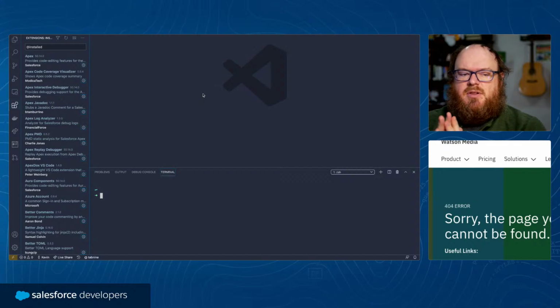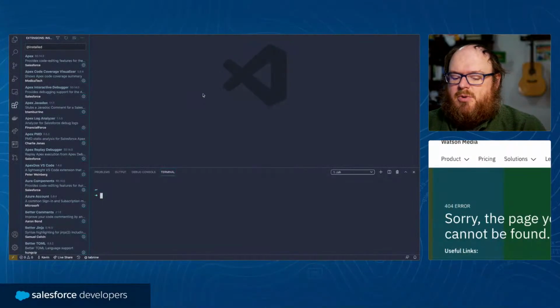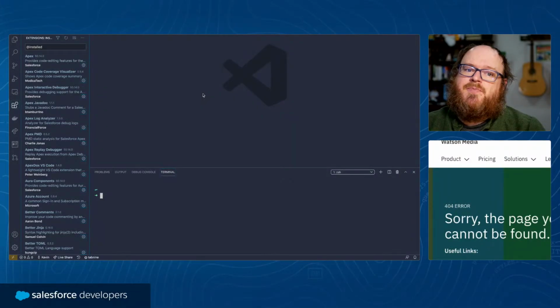And today we're going to do something a little bit different than we normally do. We normally work on some Apex or LWC code. Today we're going to be working on building an extension pack for Visual Studio Code. And we're going to be walking through the tools that various other extensions provide you as a developer to make